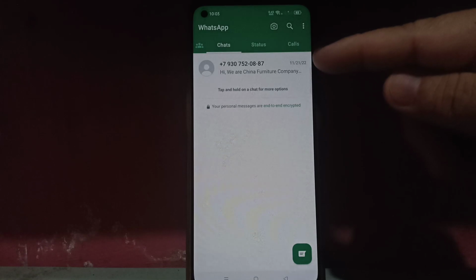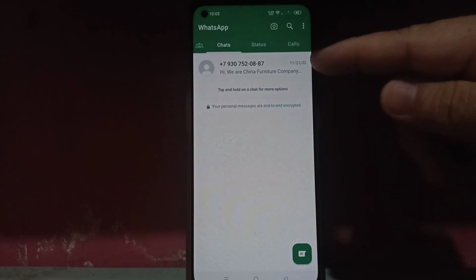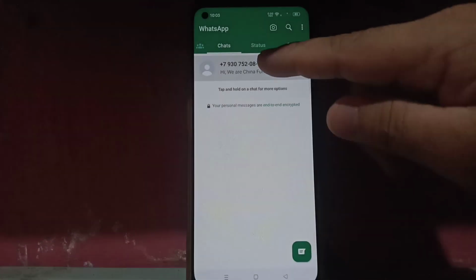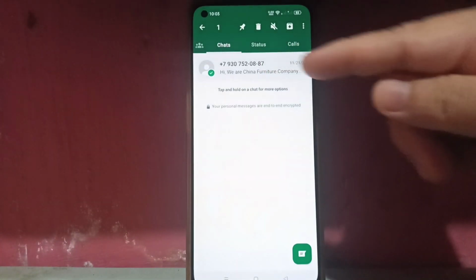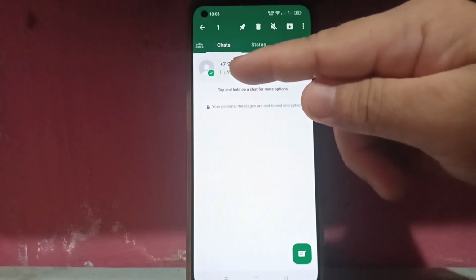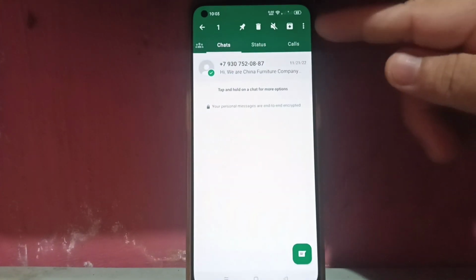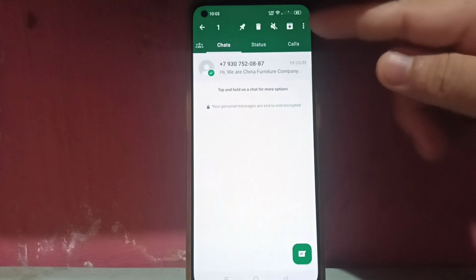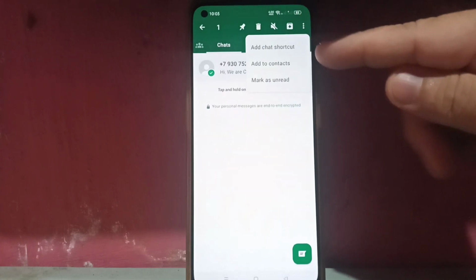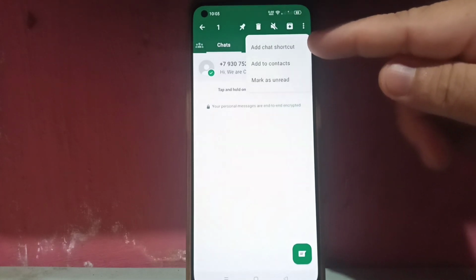So if you want to add this message to your WhatsApp shortcut, what you'll have to do is press and hold the message. And after the message has a check mark, you'll have to go to the three dots on the upper right side of your screen. You can tap this and a pop-up will show. Now you can see the add chat shortcut. You can tap this